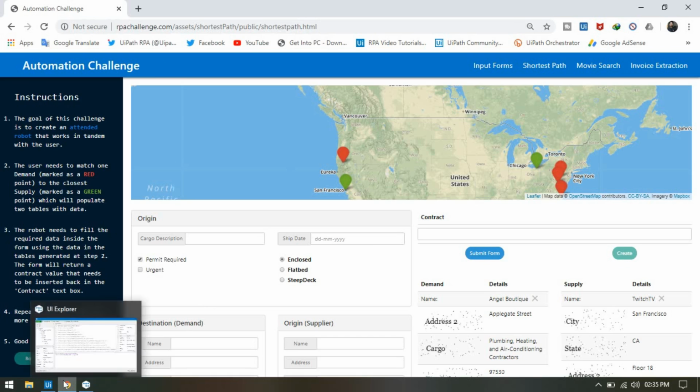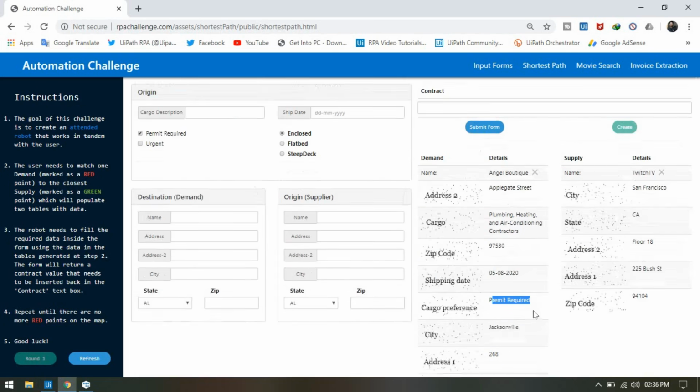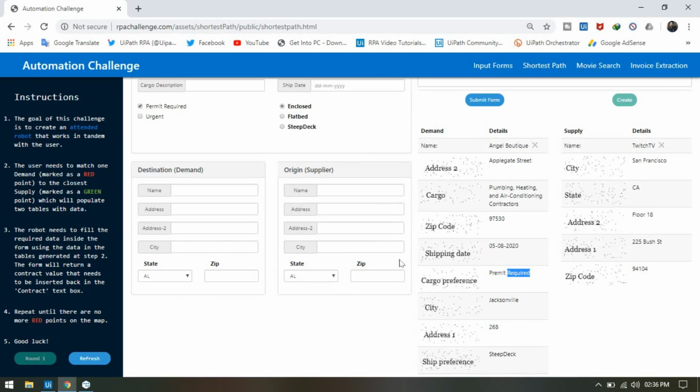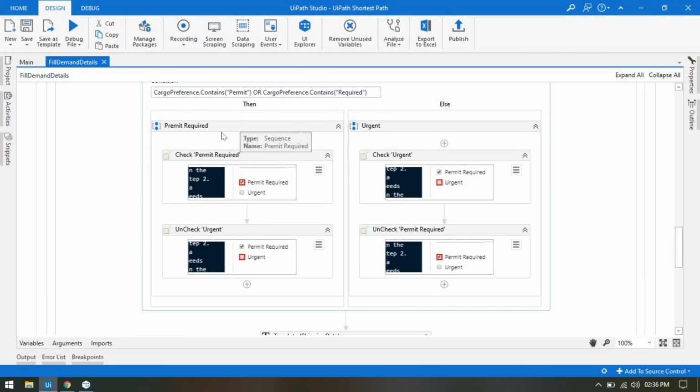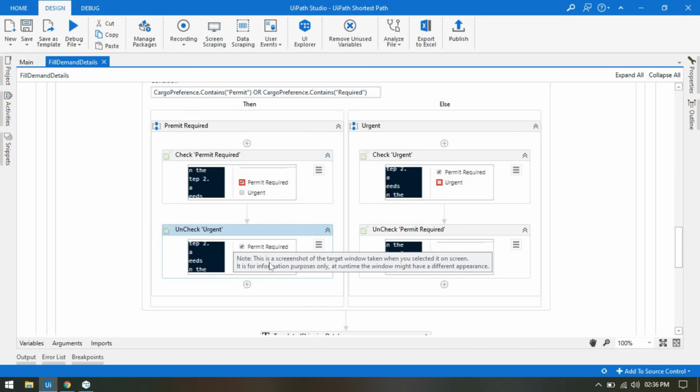So what we are doing here, we are checking if that cargo preference value we are getting contains permit or required. If anything we are getting here is permit or required, it means we have the correct value. So in the true section, we are taking one check activity to check the permit required, and another check activity to uncheck the urgent.